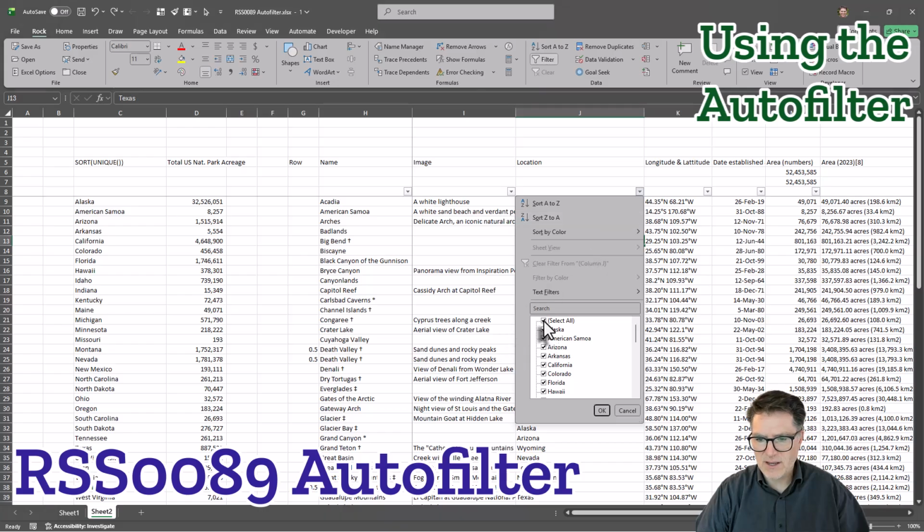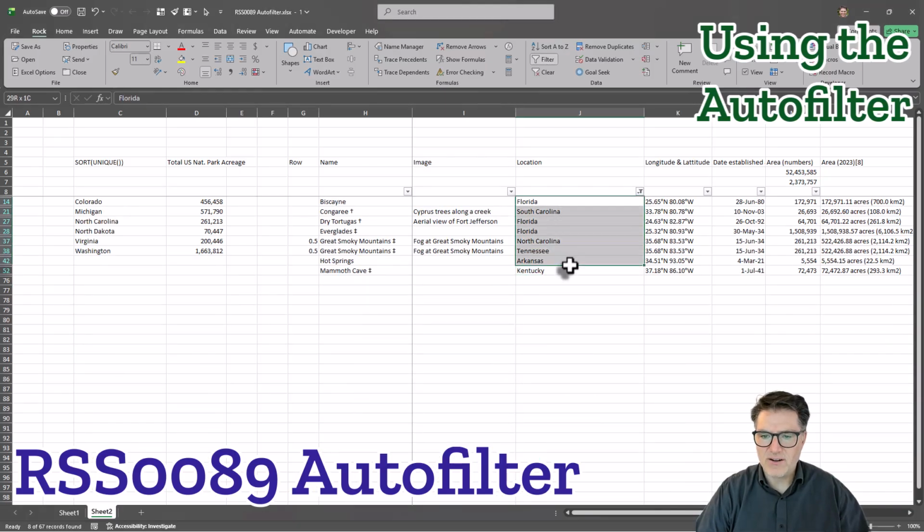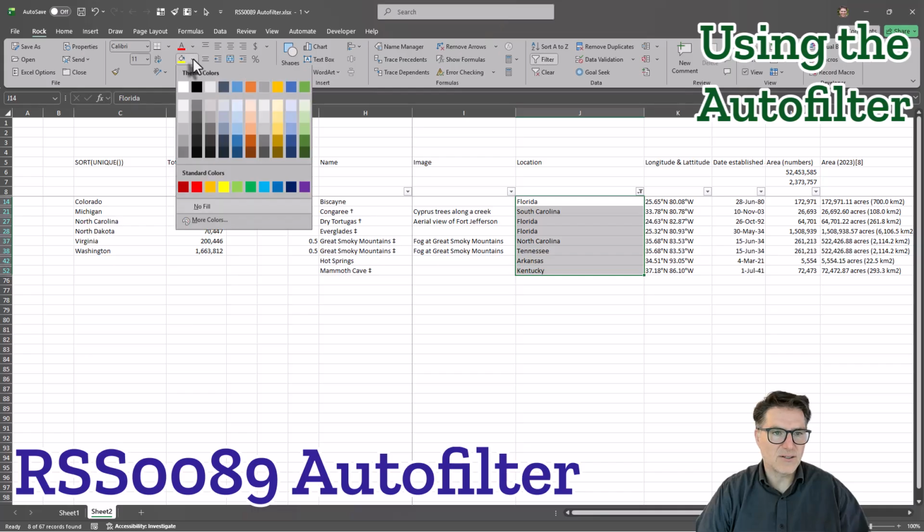I'm going to say, let's look at all the ones that are in the South. I guess you could call Arkansas the South. You've got Florida, Kentucky, South Carolina, Tennessee. Texas is really on that border between the South and the Southwest. It's sort of its own thing. So we've got North Carolina. There we go. So if I select for the South here and I make these guys a color,